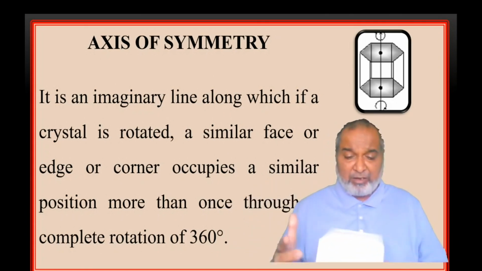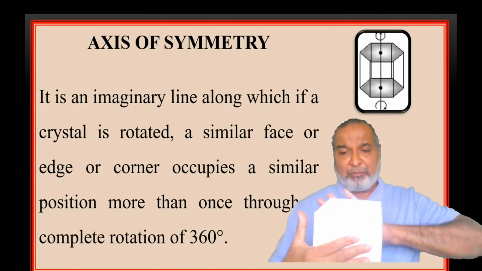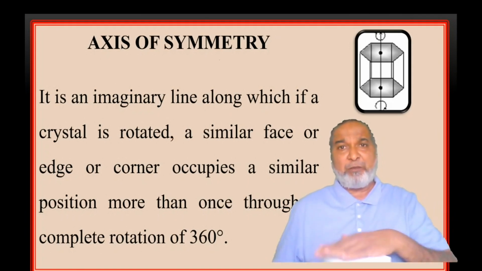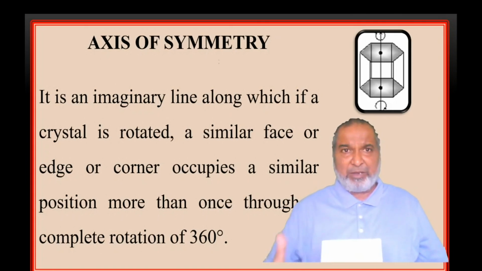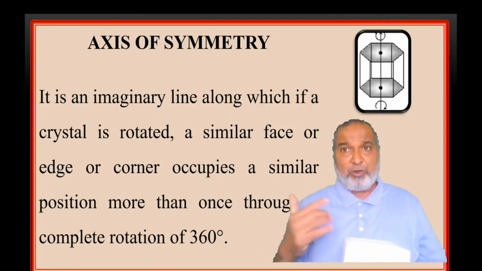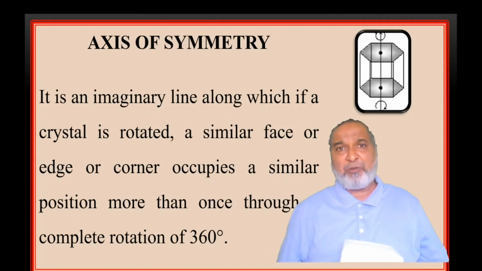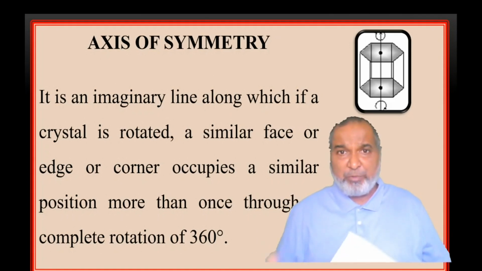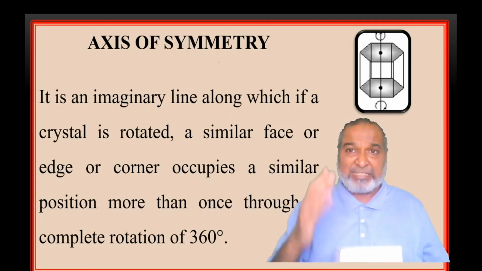So simply you have to see that it is a cube. How many faces are there? Six similar faces. Left and right one pair, front and back one pair, and top and bottom one pair. So there will be three pairs of six similar faces, but all six are identical. So when you hold along the center of the faces, you have to find out how many faces will be coming regularly on that particular imaginary axis.